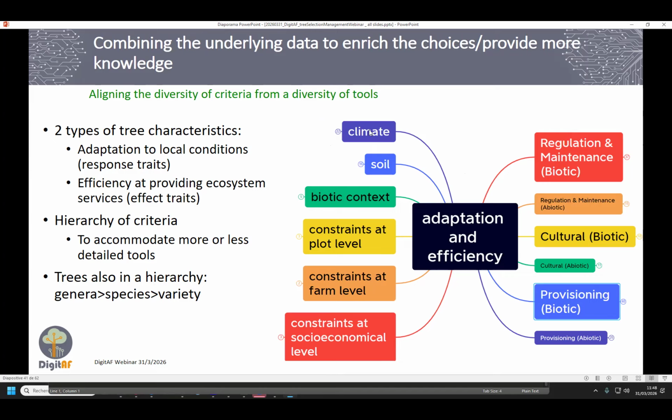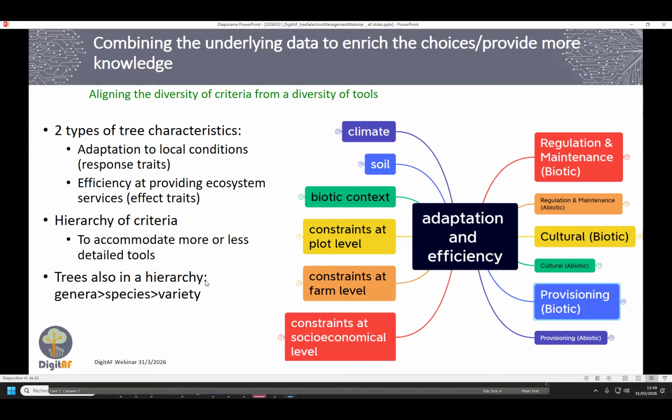And this hierarchy allows us to accommodate more or less detailed tools, meaning some tools focus on one of these big boxes and will give a very detailed view. For example, if we look at shade, it will be shady conditions for some tools, so quite low detail, and for others it will be shade in the spring or similar, something more detailed.